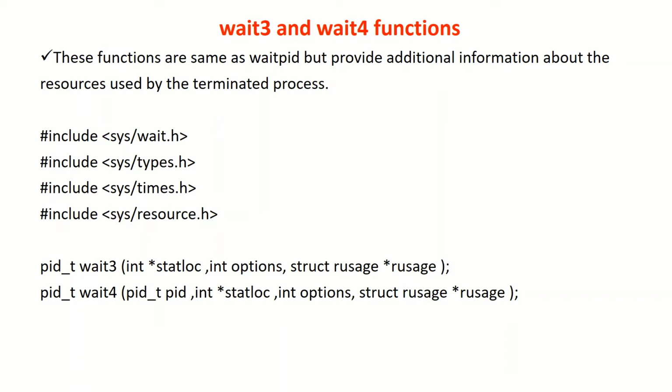Then we move towards one of the parameters, RUSAGE, which specifies the location where a summary of the resources used by the terminated process and all of its children is returned. Only the user time used and the system time used are currently available. They are written in the ru_utime and ru_stime members of the rusage structure respectively. If null is passed, then no resource usage is returned.